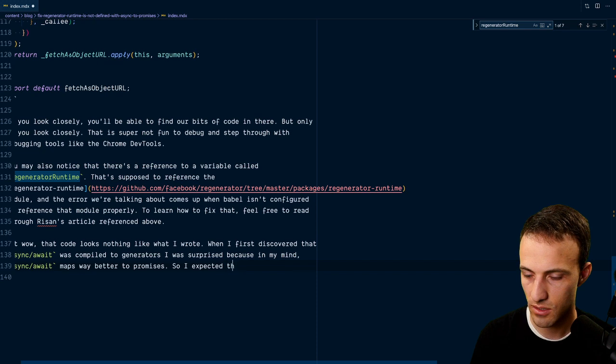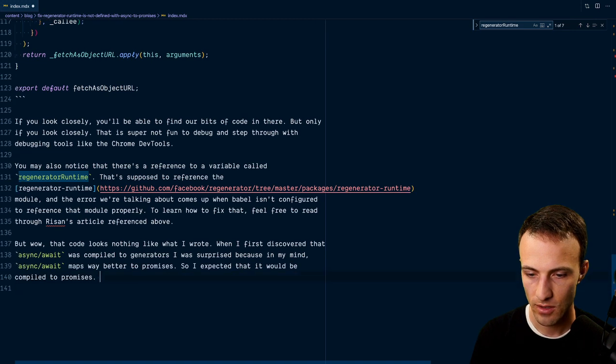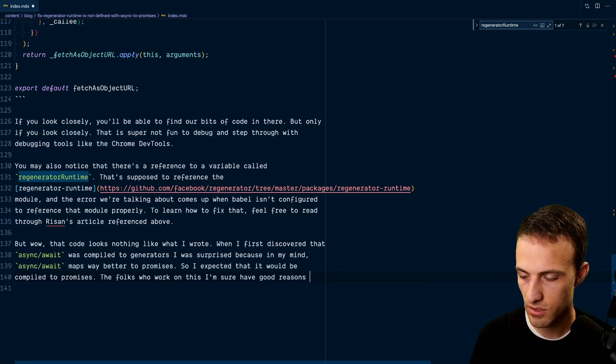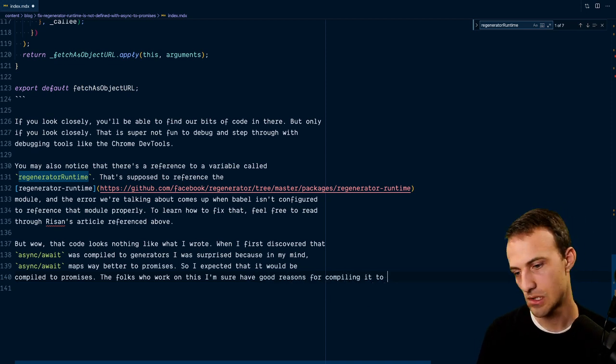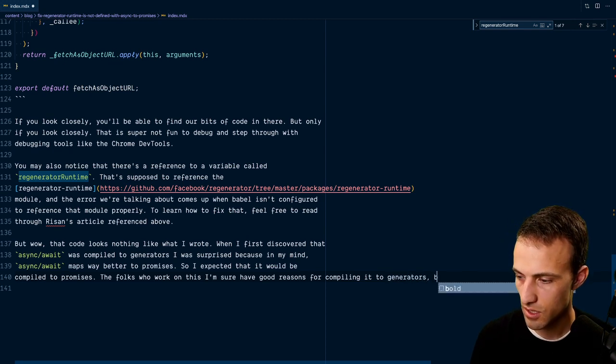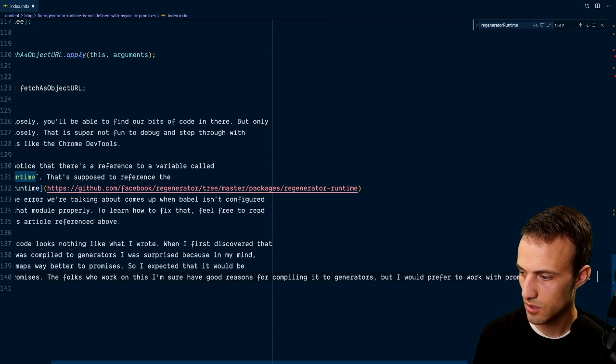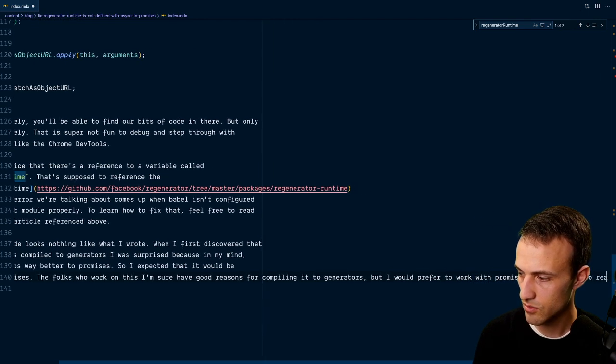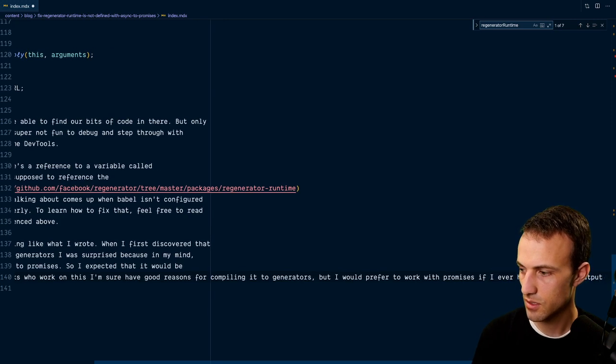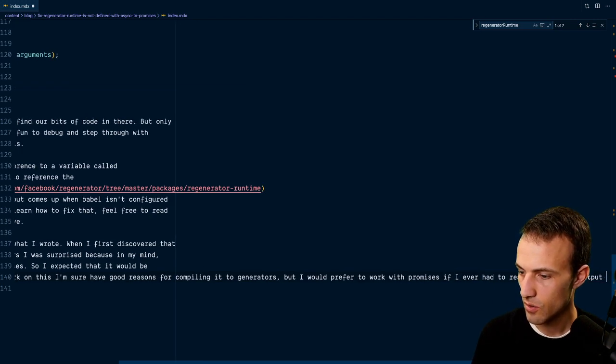So I expected that it would be compiled to promises. The folks who work on this, I'm sure, have good reasons for compiling it to generators, but I would personally prefer to work with promises in the output, if I ever had to read the compiled output, or